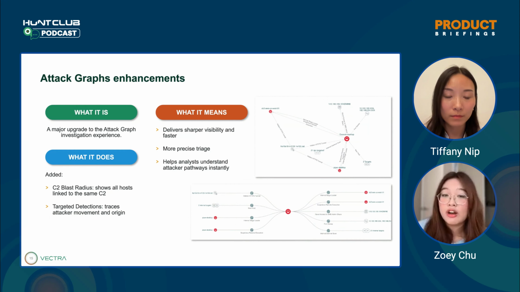And that gives us a lot of information. First of all, let's understand how the attacker moves, and then let's understand the patterns the attacker moves in so that we can, later on, solve for that, mitigate for that. So targeted detections is also really great information for your investigations and gives you a lot of clarity into understanding how attacks work in your environment, or how the attackers are moving within your environment. What this means for security teams: sharper visibility, faster investigations, more precise triage, and helping analysts understand